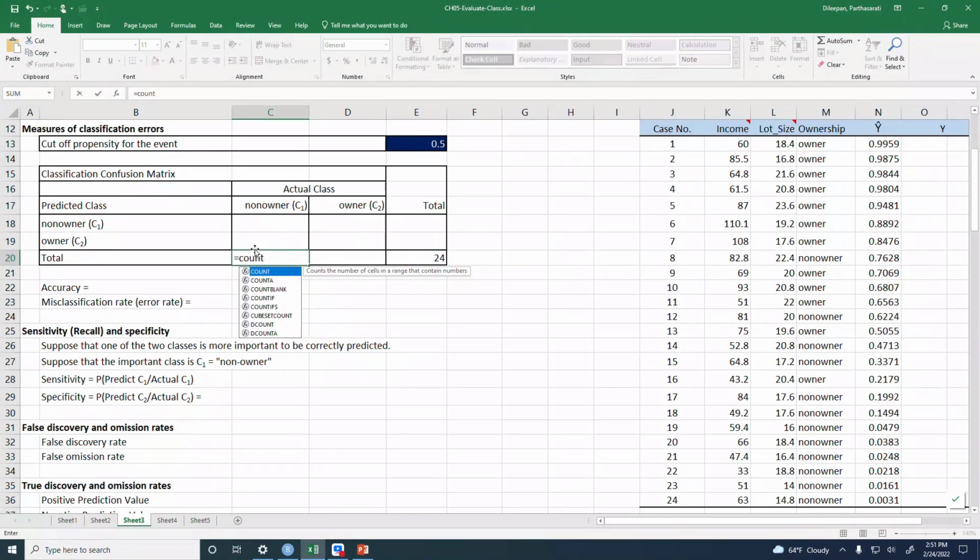Count if, so the actual class is here, okay, and then you say owner. Count if owner. Okay, so that's going to give us the number of